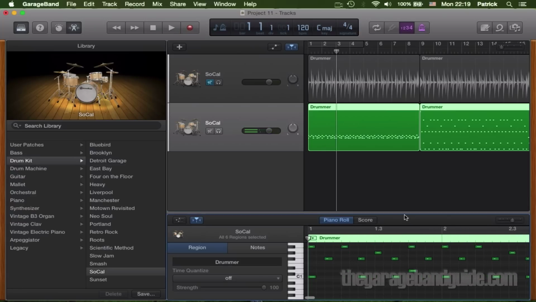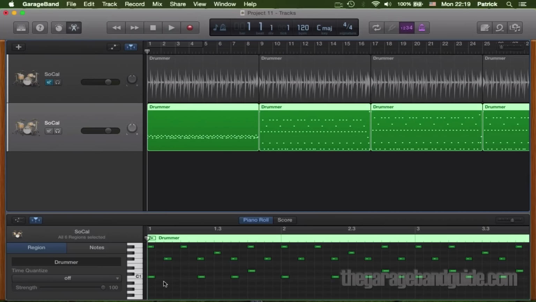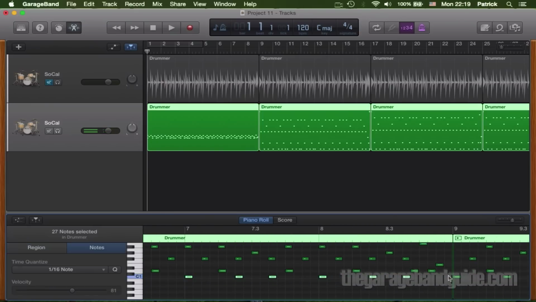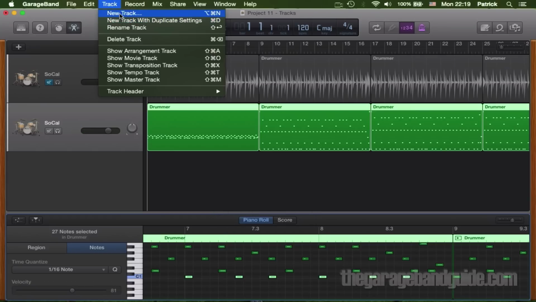You can even split the separate parts of the kit into separate tracks and apply things like compression and EQ to each. So here, if I highlight all the kick drum hits in this region, and once I've selected them all, hit Command and C to copy them, paste them into a separate software instrument track,